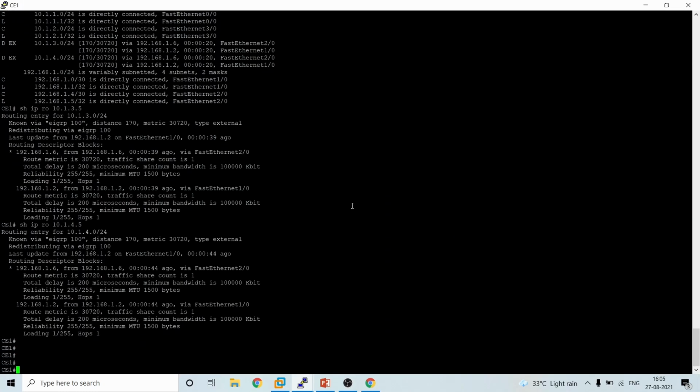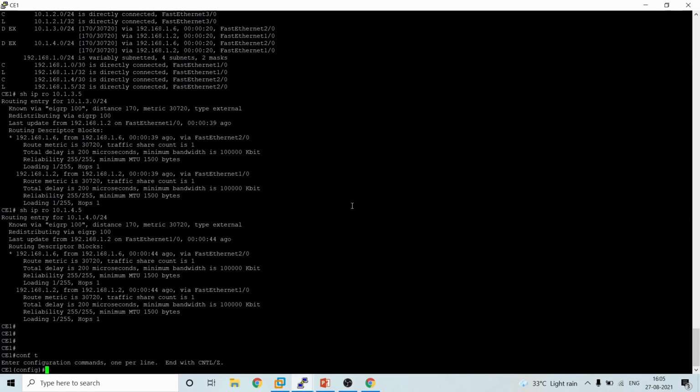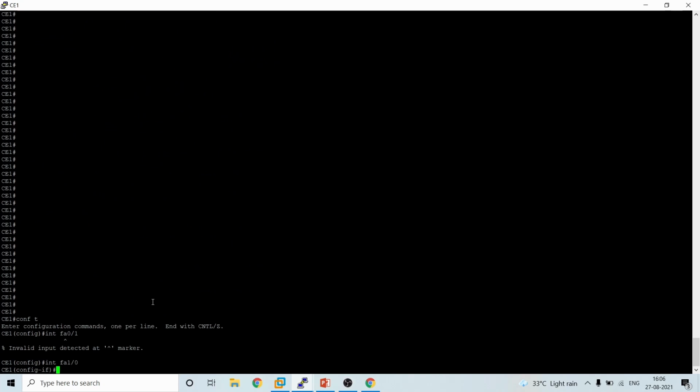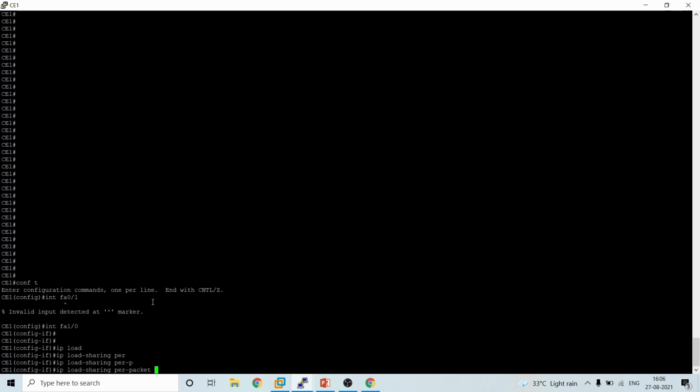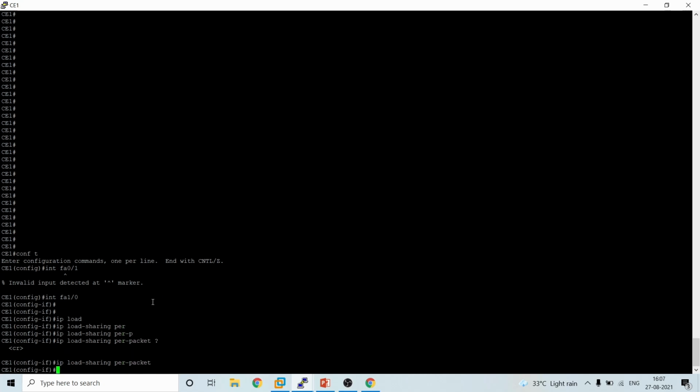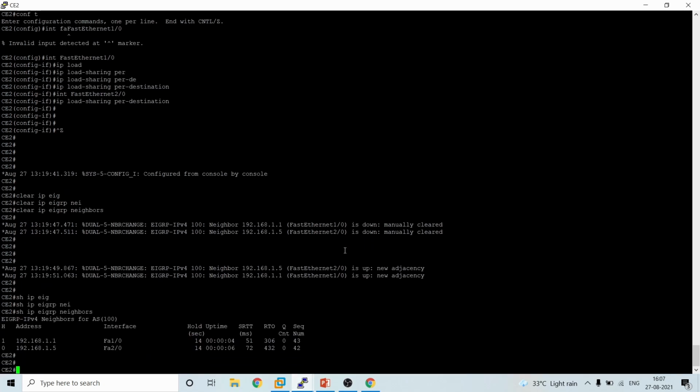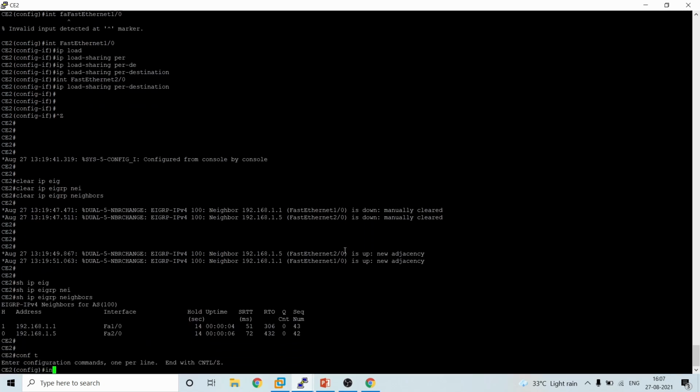We'll try configuring per-packet load balancing. We'll give IP load-sharing per-packet. That's it, and then we'll configure that on the next router as well.